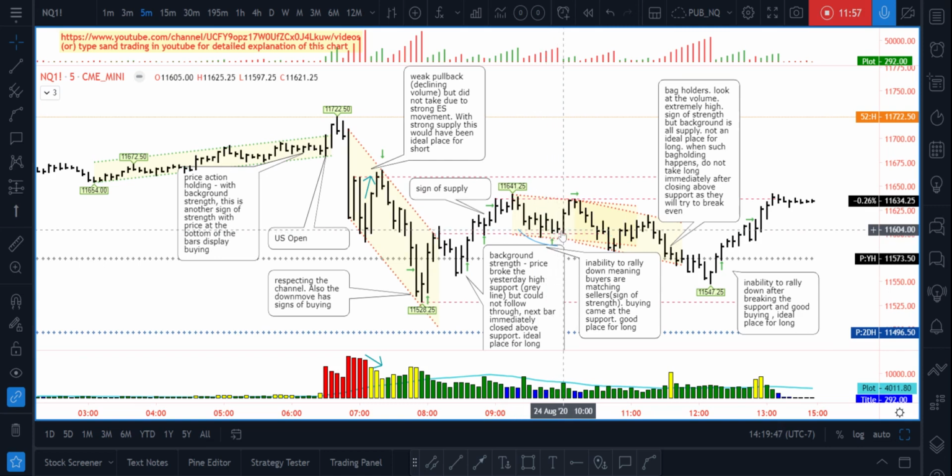And of course, where your target will be, as you draw this channel up, this is where your target is, right? As you start coming up, this one. And so I drew this channel, first channel, and then this is a place where I did not take a shot because of the strong demand. The background condition is strong demand. That is the reason I did not take a shot, even though this is a no demand bar.